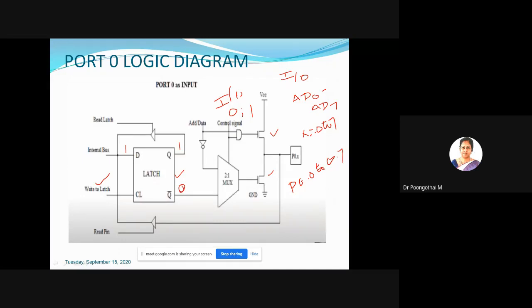So this particular circuit is for IO operation. In that case your control signal is 0. So the 2:1 mux allows the signal from Q bar to pass through it. This signal is completely blocked. When the control signal is 0, 0 AND with 0, the output will be 0.